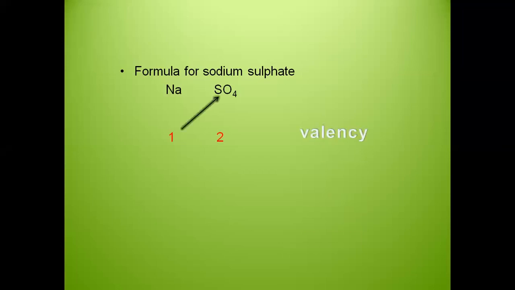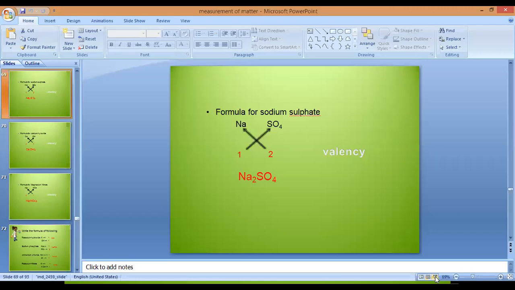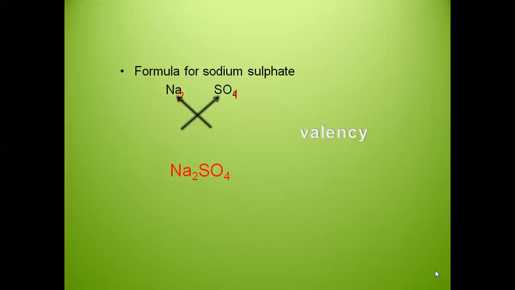So when we crisscross, I get the answer as Na2, and the SO4 is going to get the number 1. Is there any need to mention that number? No. So we are only going to write Na2SO4. This is the answer. Now tell me how many of you got this correct? Okay, I'm pretty sure I can trust you people, and you might have got this correct very well. So the answer here is Na2SO4.